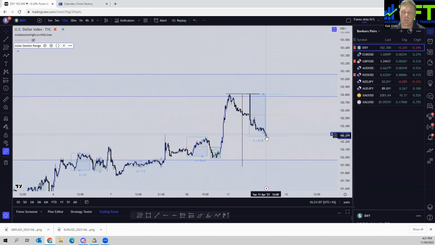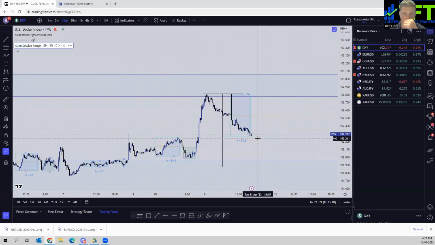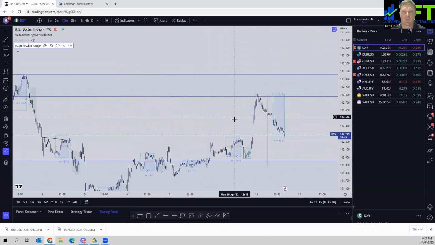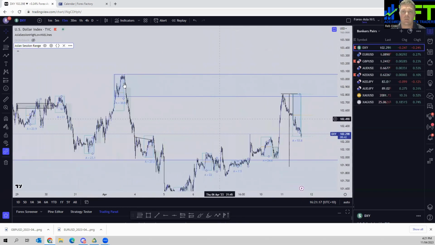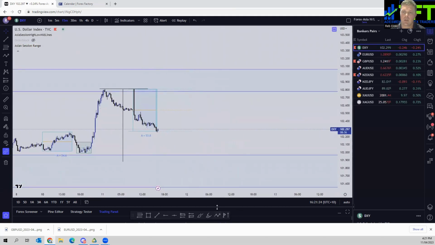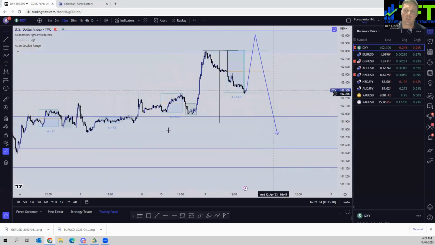We've got our Asian range just finished now. We've seen a little tiny wick at the bottom there, and now we may start to see some bullish price action. So what I'm anticipating here is we see this bit of consolidation up on the top of the range there. What I'm considering is that we could see a push to the upside deeper into this range, sweeping Asian high liquidity all through here to then come possibly lower and continue